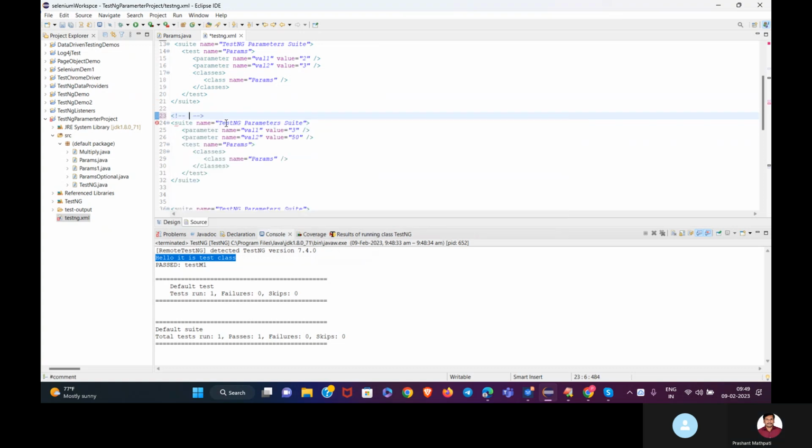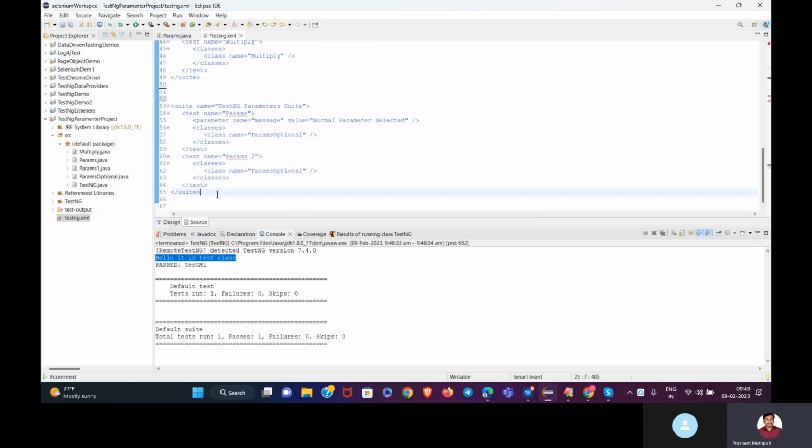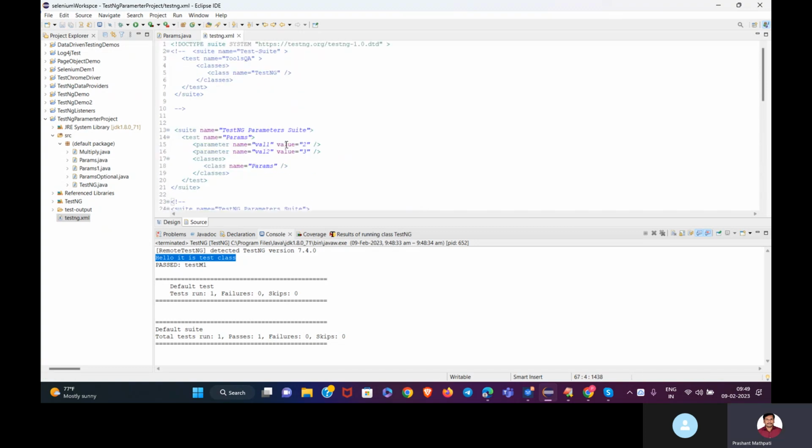This is them. Like in Java, we give comments, right? In this format, you should give the comment for the XML file. Let's see here. So TestNG parameter, the param is a class, and here I am passing what? Parameters of name, value is 1. Name is what? 1. This will be fetched with your